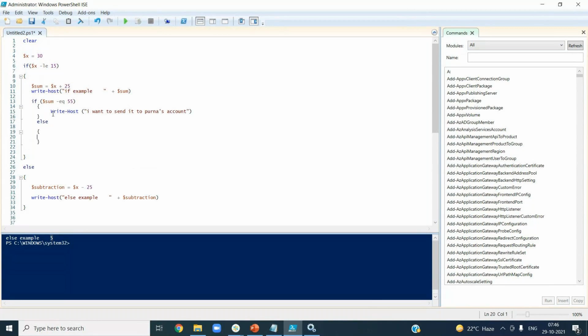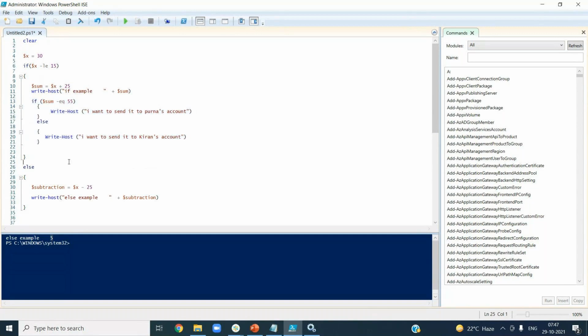So this is called a nested if basically. You are evaluating some condition, applying some logic, and again you want to evaluate some condition and apply some logic. This is how you can write. There is no limit here.